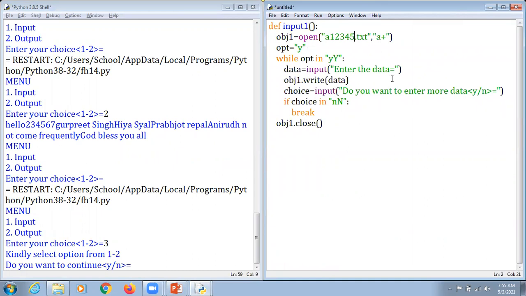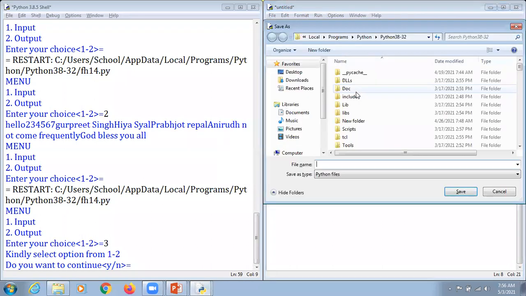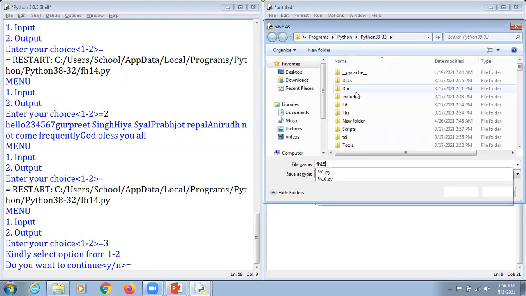And now we are supposed to mention a 01 here, and this is for reading and writing purpose. So enter the data, but this time we are just going to mention it for inserting a new line. We mention it as /n here. It says that this inserts a new line, that is /n. Otherwise, if we are using write, we are not supposed to insert this /n by default. So A01. So I'm just going to hit F5 here,